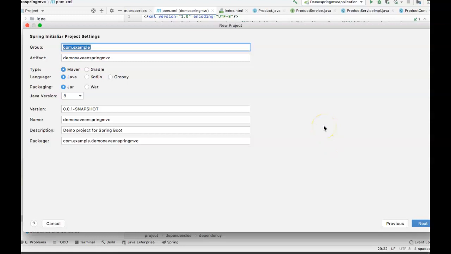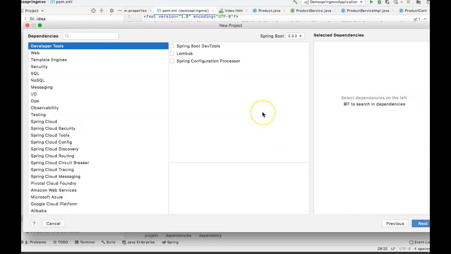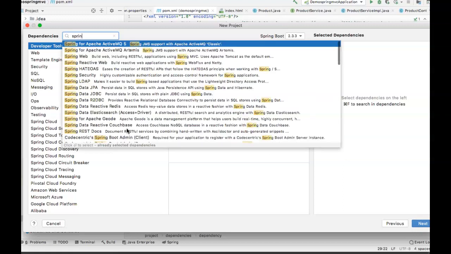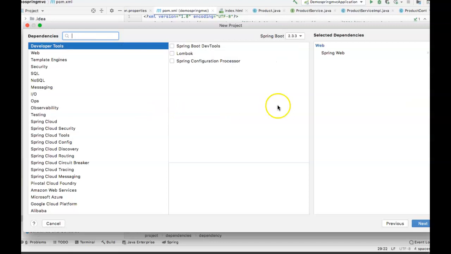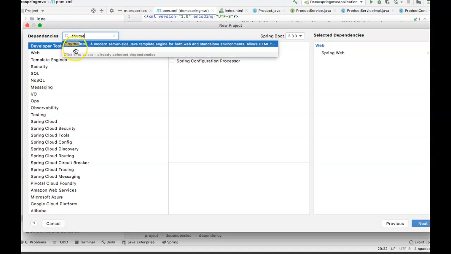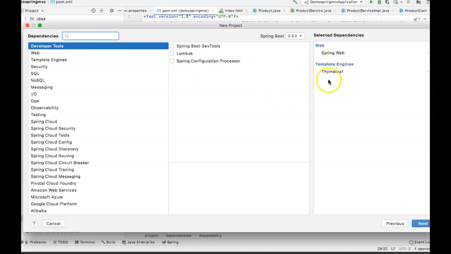So without taking too much of your time, I'm just going to go into the Spring Initializr and call myself Demo Naveen Spring MVC. I'm running out of names. I've selected Java version 8, and then I'm going to select Spring MVC, which is Spring Web, and then I also want Thymeleaf. This is for your HTML. Thymeleaf basically gives you a bootstrap of your CSS and HTML. So I say next